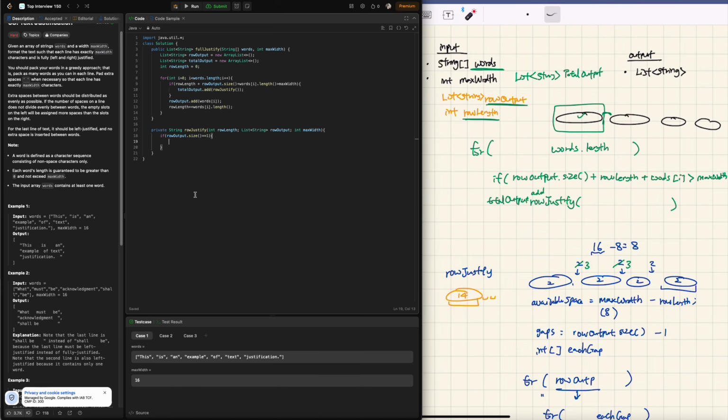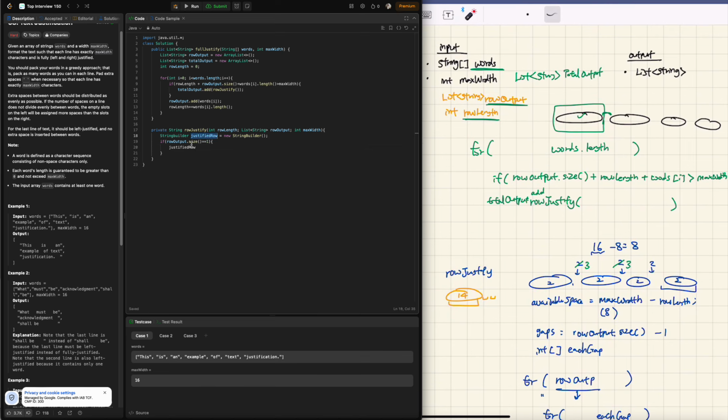Actually, we can have a string builder. Initially, StringBuilder justifiedRow equals new StringBuilder. And then if row output size is equal to 1, we can just say justifiedRow